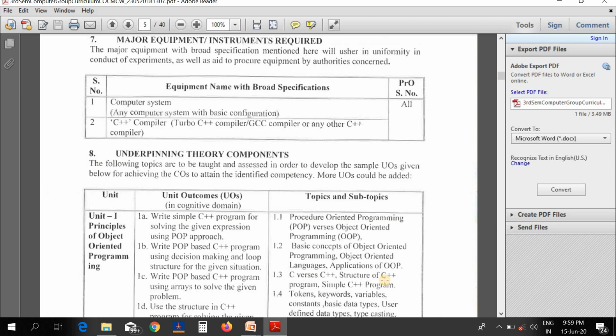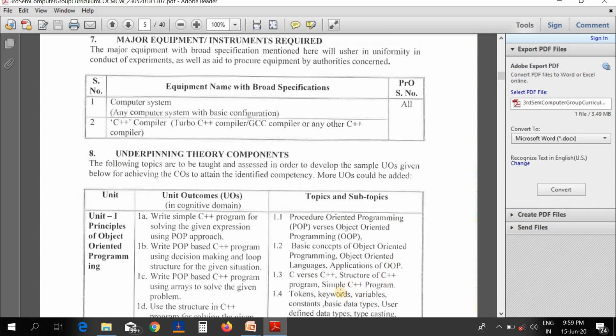In the last semester, you learned the structure of a C program. Now, you study the structure of a C++ program. The basic concepts of structure remain the same in C and C++, but there are some differences. Those differences are studied in this structure.